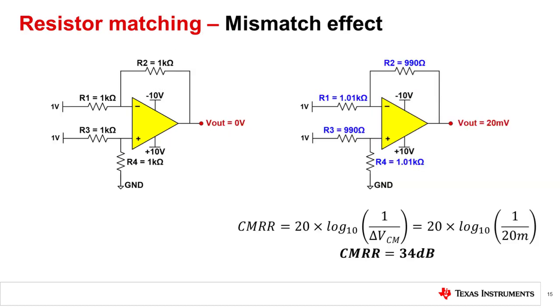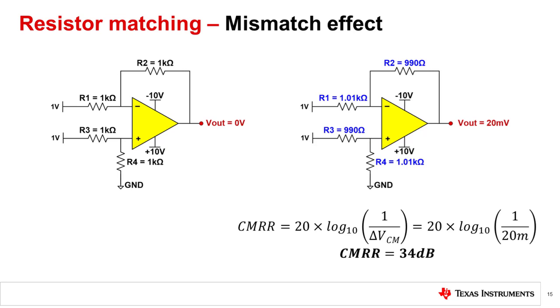In production, resistors are labeled according to their tolerance ratings. A 1% 1 kiloohm resistor can be up to 10 ohm off and still be within tolerance. It's important to note that this tolerance does not include temperature drift of the resistor. Additional resistor error can be due to soldering joints and PCB traces. These errors may lead to significant CMRR degradation. Let's take an example where we have an amplifier with 4 1 kiloohm resistors with 1% tolerance.